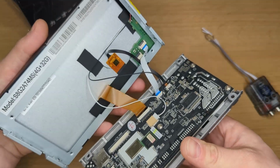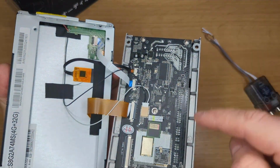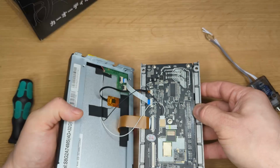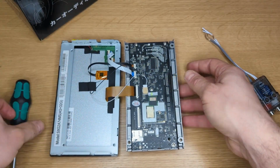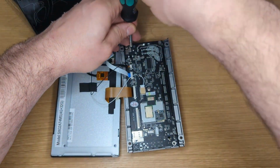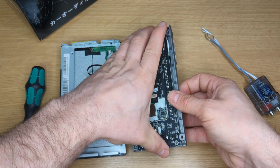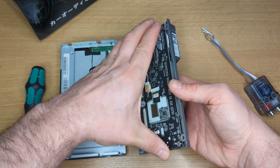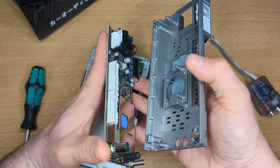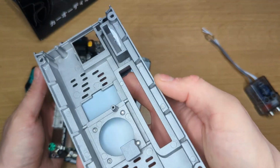And here basically you see what you're paying for when you're buying an Android head unit. You're paying for the screen and you're paying for basically this, whatever this is. So what is this? Let's unscrew another 4 screws and look a bit deeper. Okay, I'm going to be very careful and try to remove this board from everything else, just like that. I'm going to flip it, and here you have the heatsink,